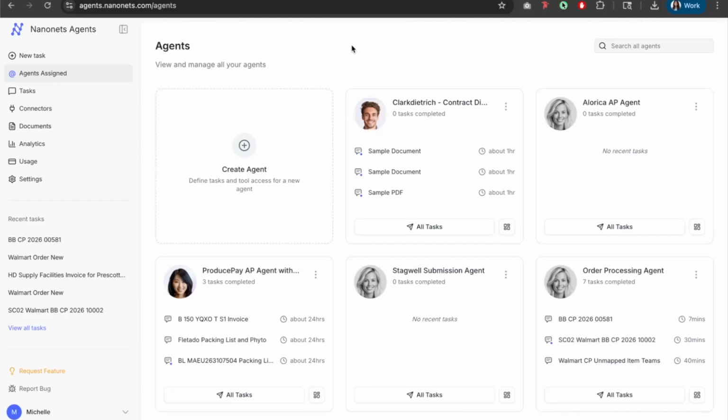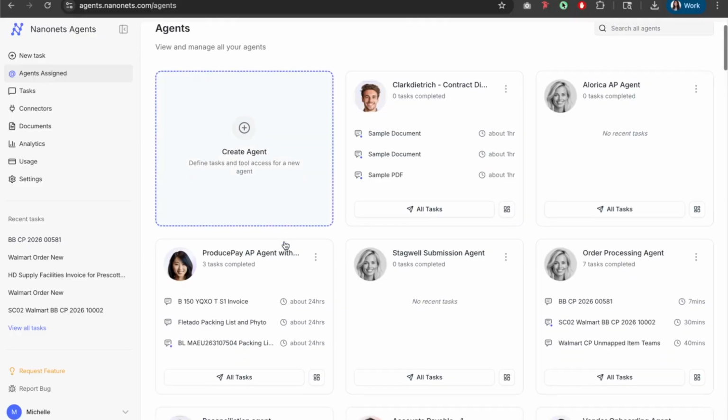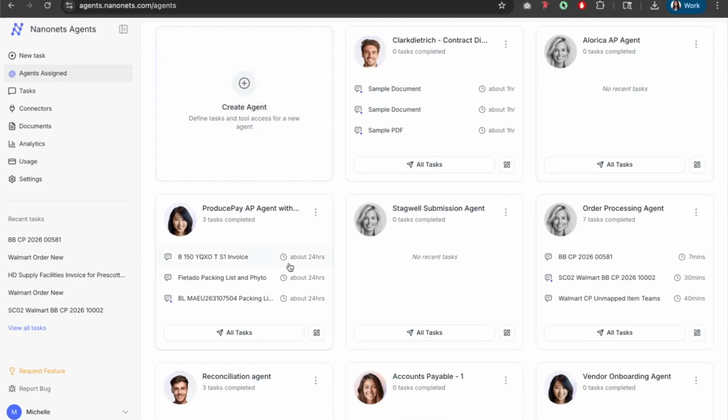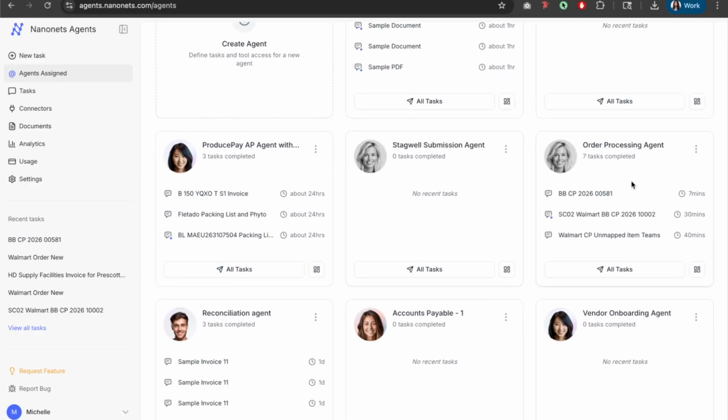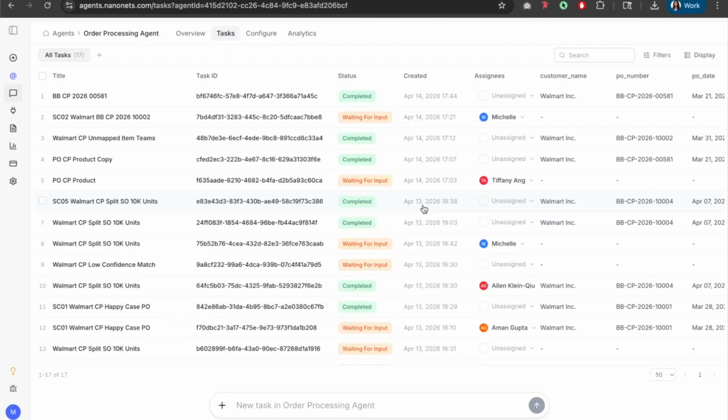This is a demo of how you can automate order processing with Nanonets AI agents. You have a few agents automating various processes across your business. Today we're going to look at the order processing agent that we've set up. Your agents are constantly working in the background, but your team will have access to a dashboard showing you a